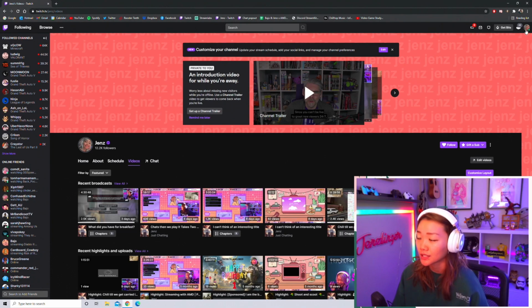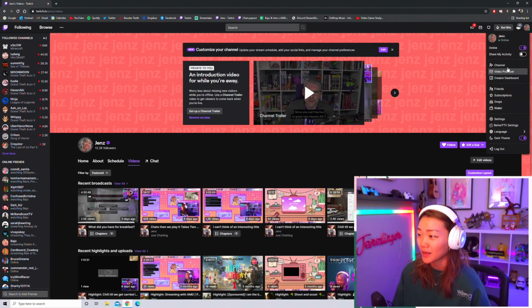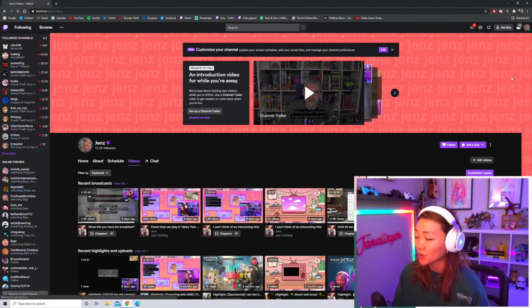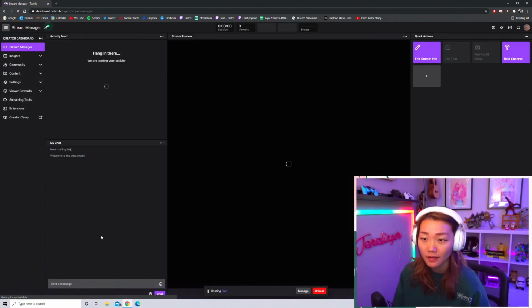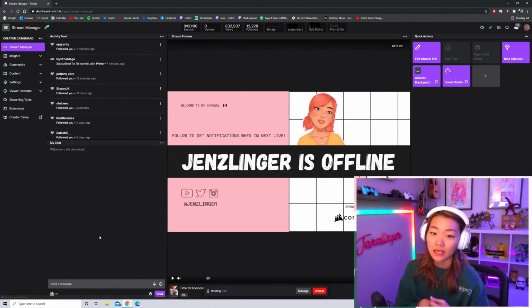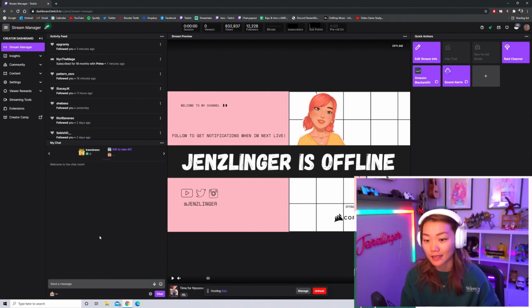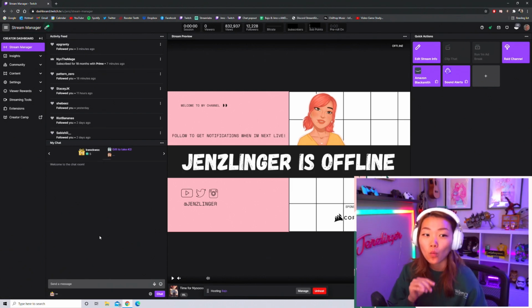We'll then go on to the dashboard, which is pretty much where you spend a lot of time. If you go to your right profile photo and go to your creator dashboard, here is where you find your stats, basically. I won't go through them in a lot of detail. I'll just go over what they do and the important parts that you might want to know about.